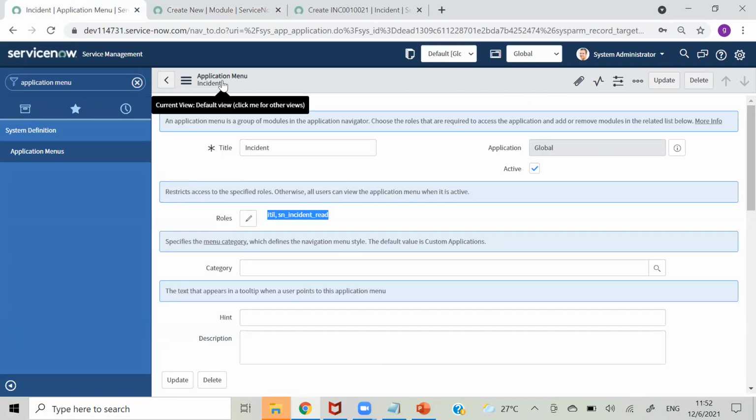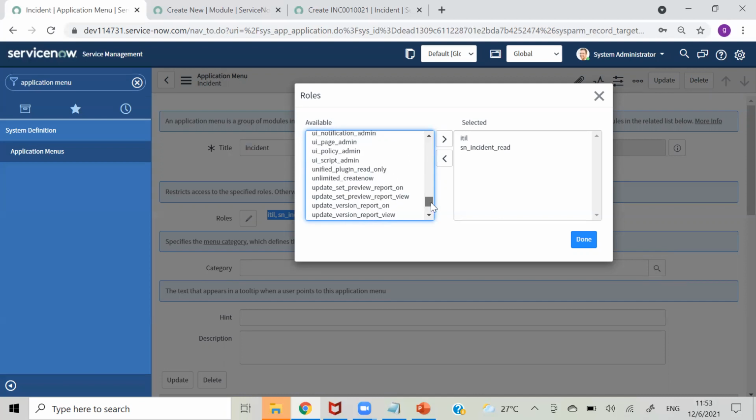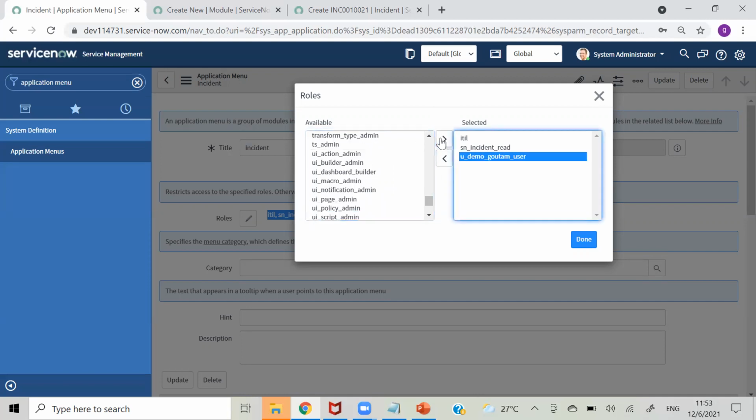So we have seen about this application menu and incident. Till now, Able Tutor was not able to see our application and menus, right? So here I will try to give him a role, which we created, u_ that Gautam thing. So I am providing this role here.